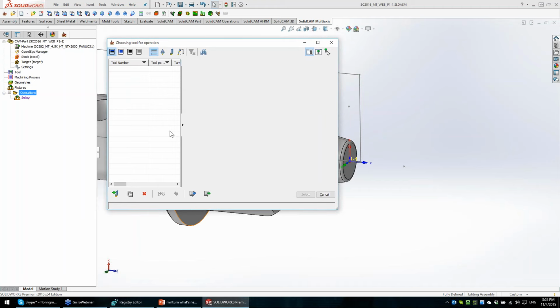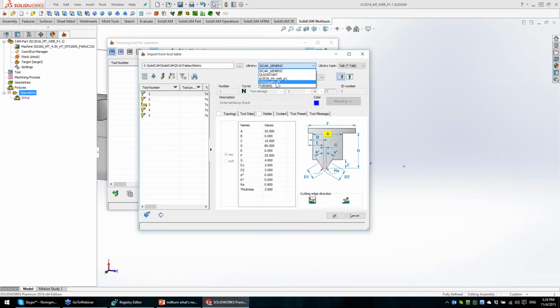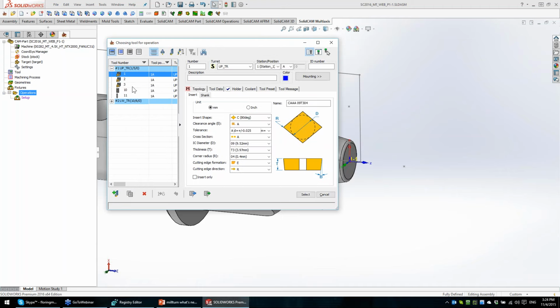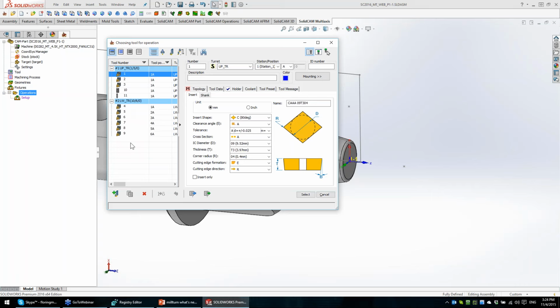but let me import tools from, no, I will not work in inch. Let me import from this tool table all the tools, and I have tools on upper turret and I have several tools on lower turret. And now